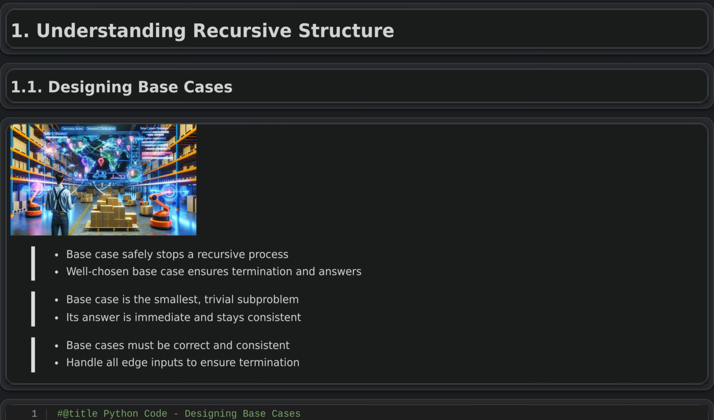Understanding recursive structure. Designing base cases. In any recursive solution, the most important part is defining a base case that safely stops the recursion. This base case acts as a stable endpoint that every chain of recursive calls must eventually reach. Without it, the recursion can continue indefinitely and exhaust system resources. A clear, well-designed base case guarantees that the process ends with a concrete result and forms the foundation of an